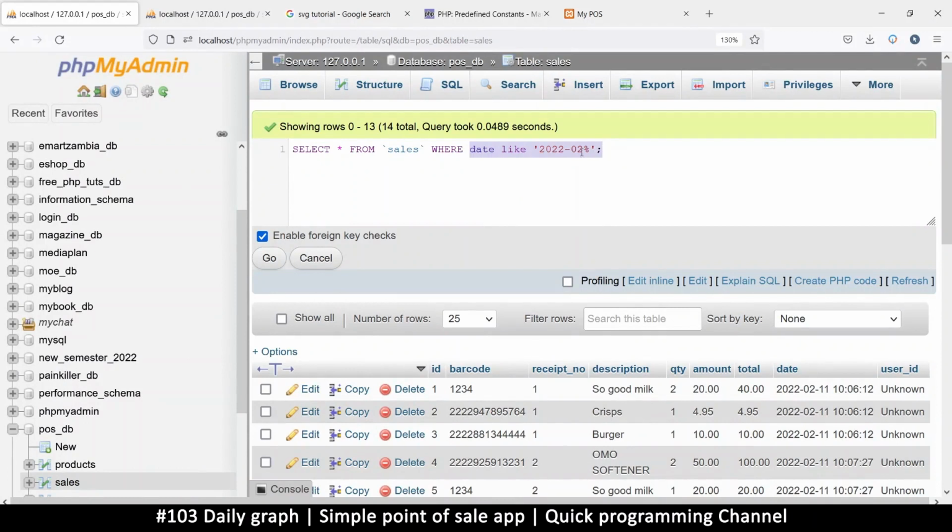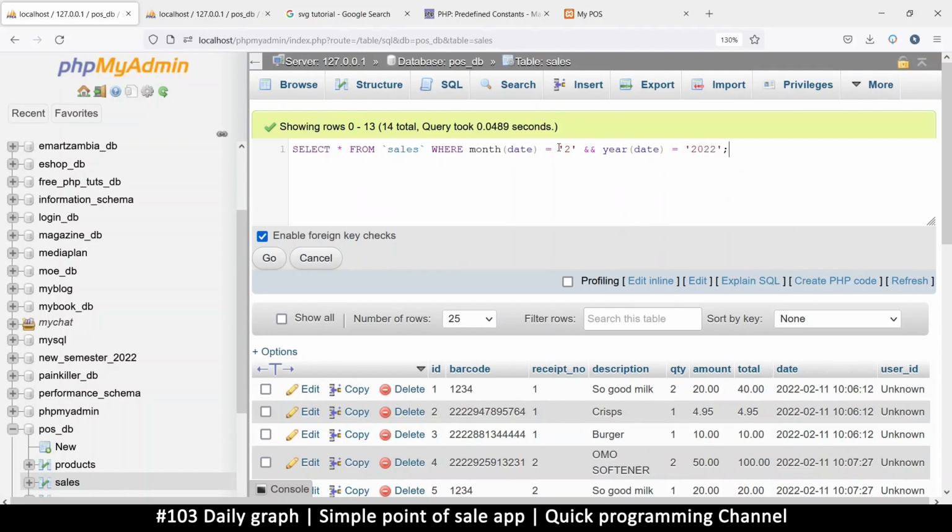So let's try. We know it's 2022-02 that we are looking for. So what we'll say is where month date, because that's a column in that date, right, is equal to... So we are saying the month in this date, where just the month in this column should be equal to 2, right? And we must not forget the year, because otherwise we'll get records from a different year in this same month as well. So we'll say and year of that same column is equal to